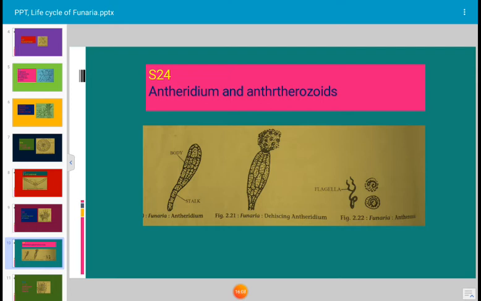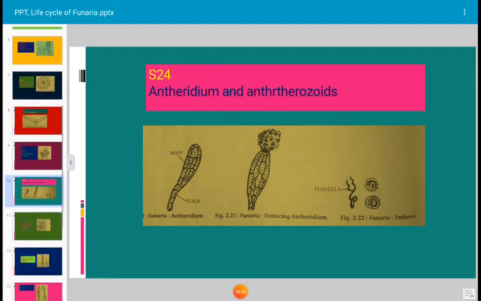at the tip. The hydrostatic pressure created inside facilitates the oozing of fluid through the pore carrying androcytes. Through that pore, all the androcytes come out. These androcytes reach the air-water interface and get converted to antherozoids. The antherozoid is a male gamete, and it has a coiled body with two flagella at the anterior end, as shown in the photograph.